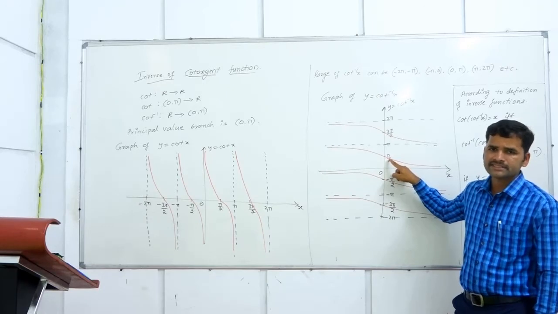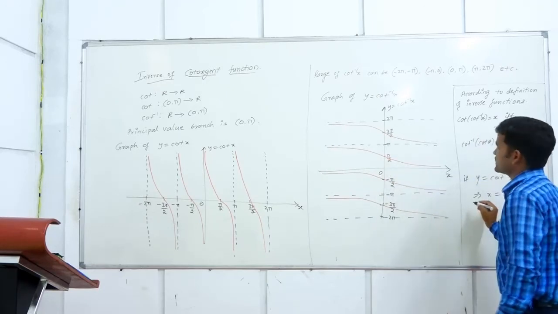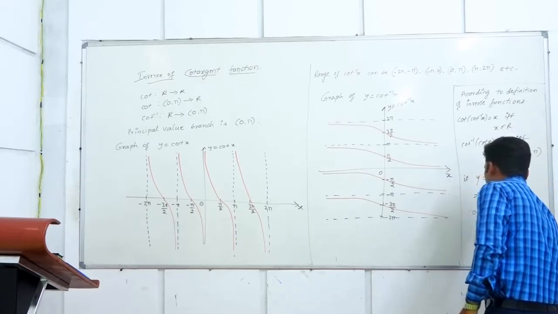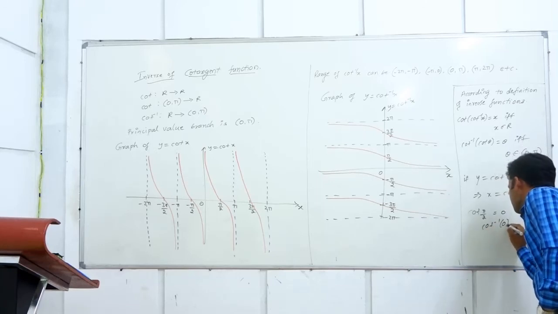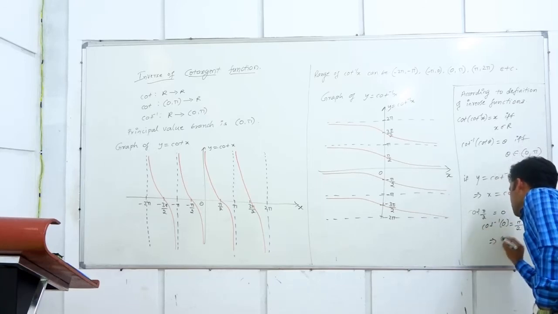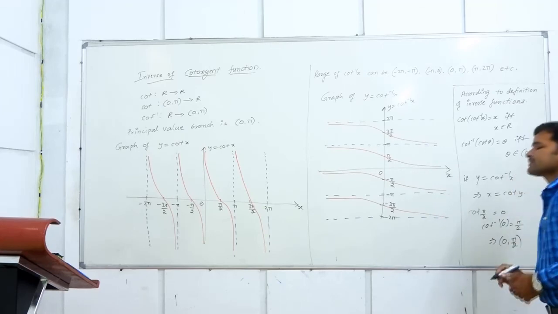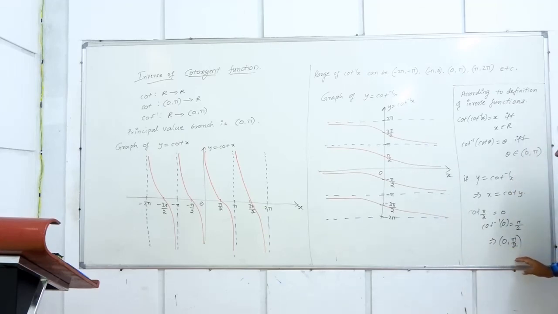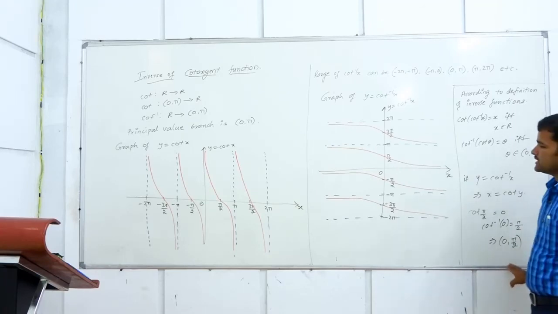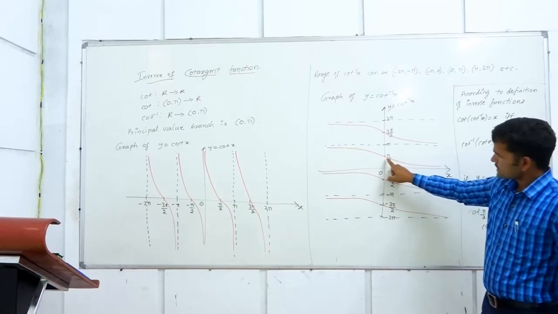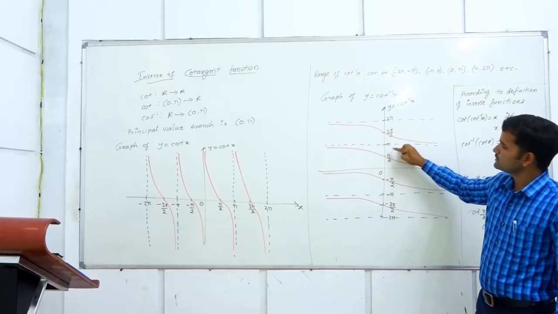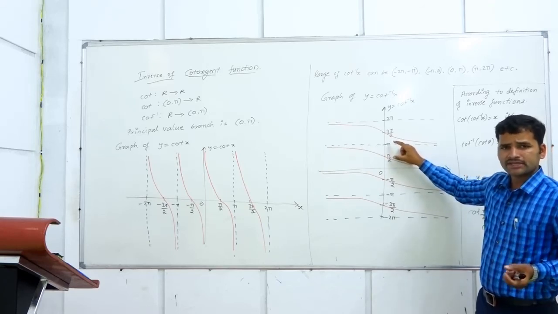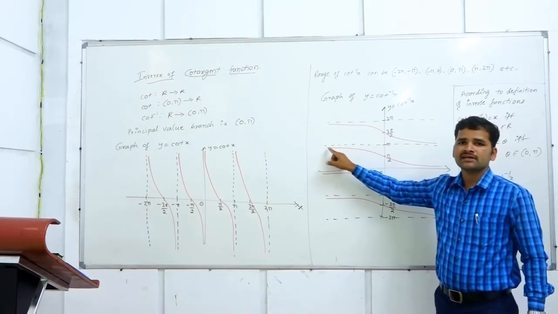The point is 0 comma pi by 2, because cot of pi by 2 is equal to 0. This is nothing but cot inverse of 0 is equal to pi by 2. We have the point 0 comma pi by 2, meaning on the x axis 0, on the y axis 90 degrees. Here is the point. Now this is on the negative x axis side. Pi by 2 to pi is the second quadrant, 90 to 180 degrees. In the second quadrant, cot is negative. Yes, the graph is in the negative direction.